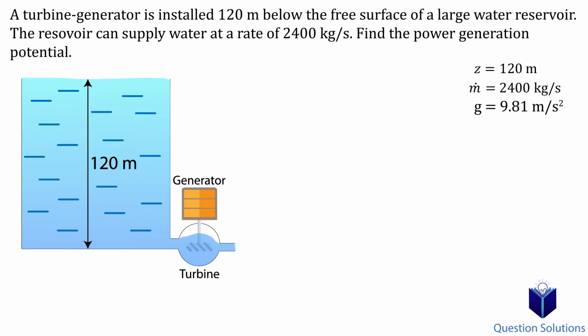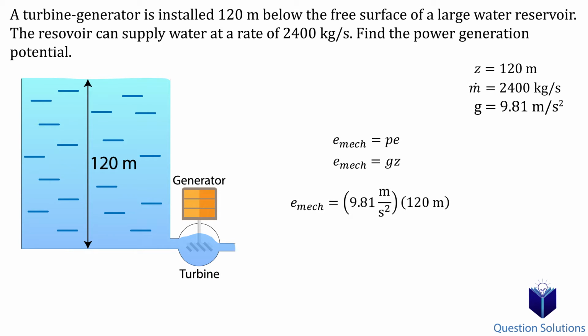Our first goal is to figure out the mechanical energy. In this case, we know that water has potential energy because we have a height difference. We can figure it out per unit mass. We know that on a unit mass basis, potential energy is gravity times height. This is why we discuss per unit mass, since here, it's not possible to use a mass for the water. Let's plug in the values we know.